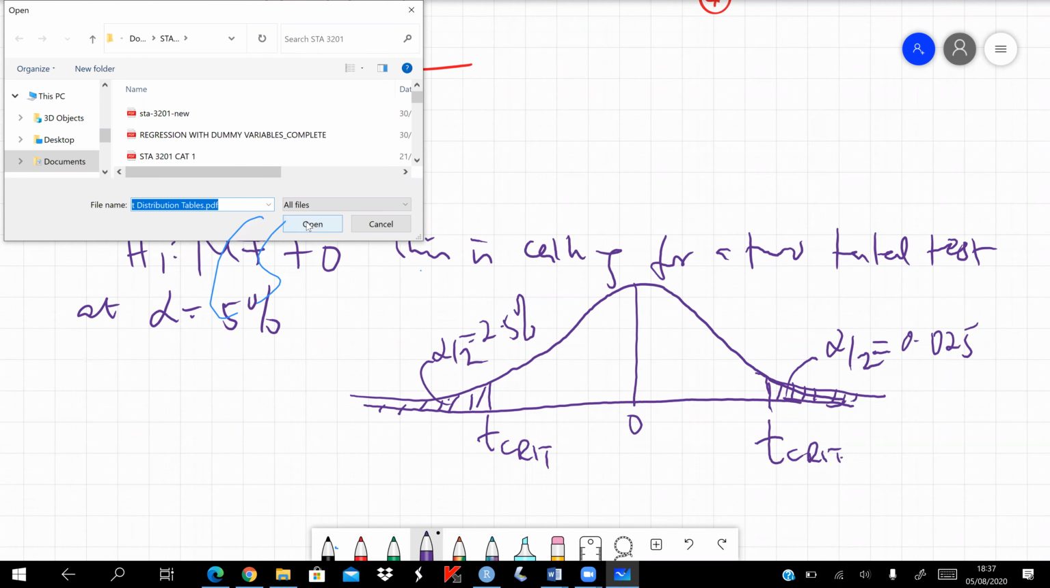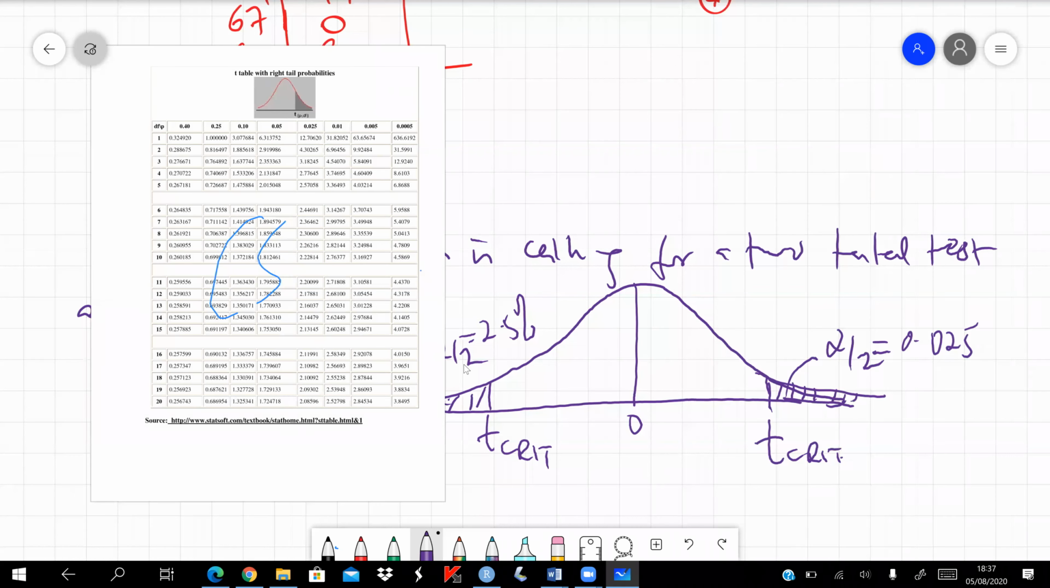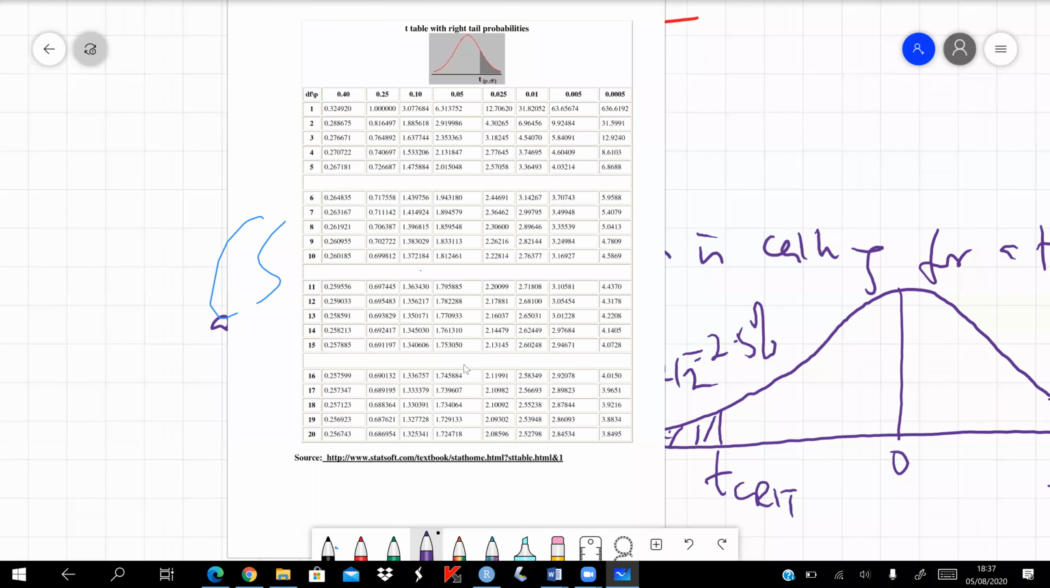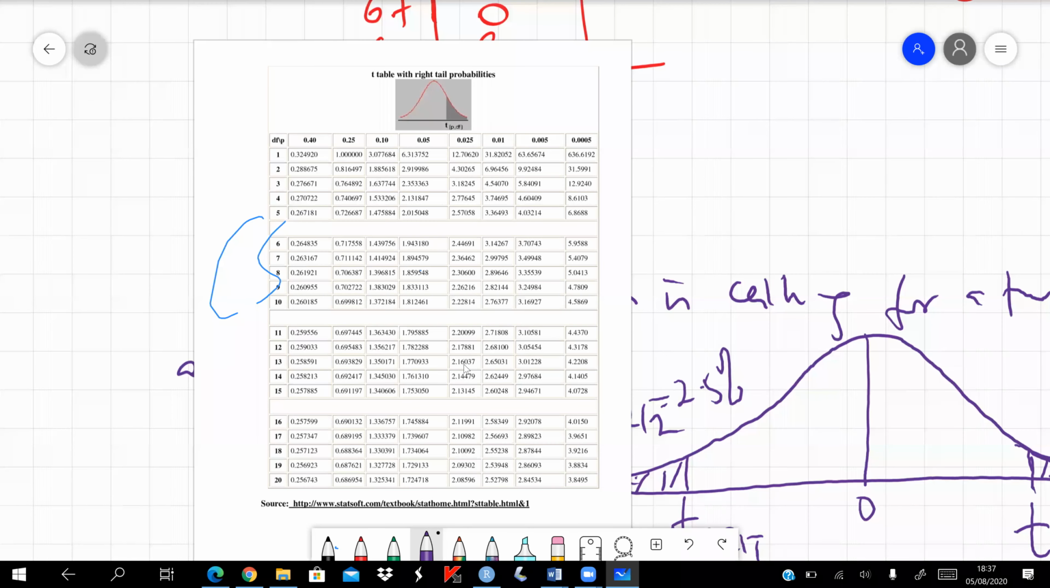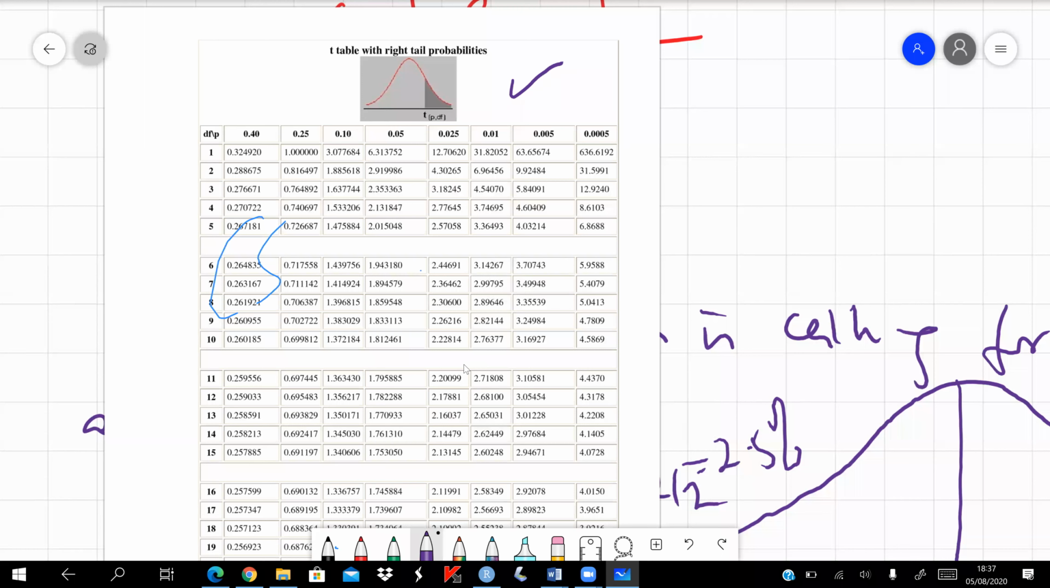So the t tables are here. As you can see, the shape of the distribution is symmetrical, just like that of the normal distribution. This is the center, or the mean line. As shown in this diagram, the t tables give you